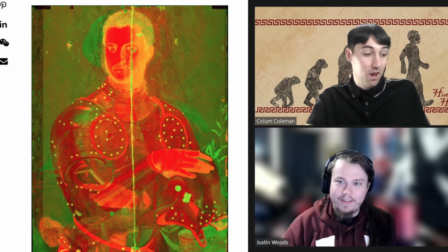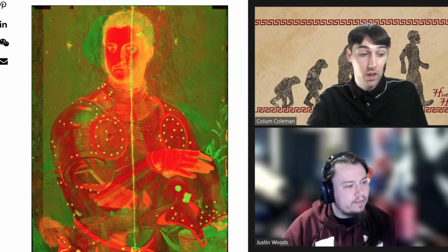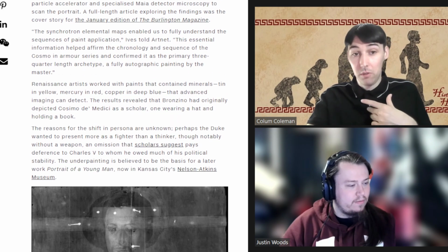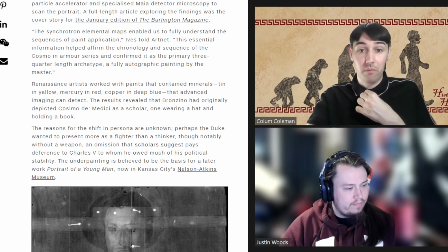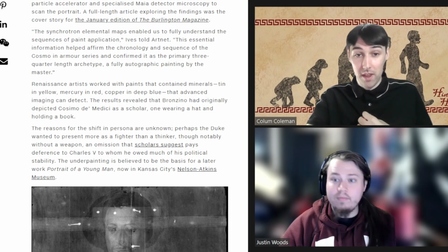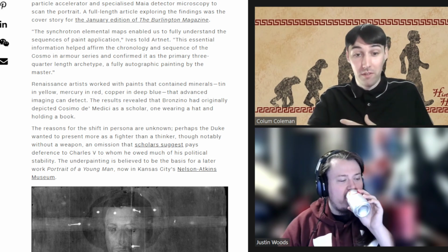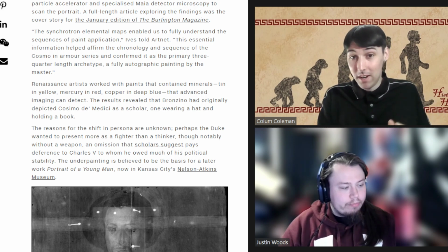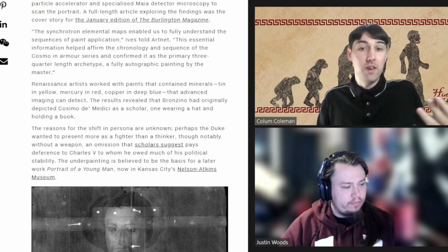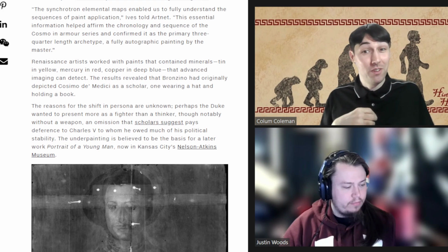Now, also with this painting, just to talk about the history of it and why it is very important in general. So this is with Cosimo de' Medici as the standing Duke of Florence. He is effectively the ruler of a Renaissance nation, and what's interesting about this particular portrait of him is even though he's depicted as a military prince, as a warrior, for defending his people, this is the only time a military prince is depicted without a sword,